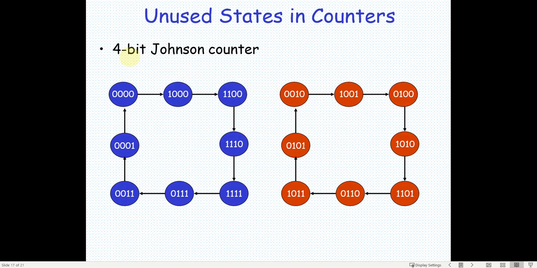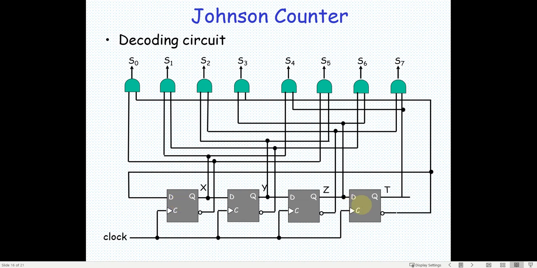We have to be very careful when we are using a Johnson counter, or for that matter any counter. Suppose we have used these states like 0000, then the 1 comes here, then 1 comes here. These are the states which it will keep counting. Say there are 1, 2, 3, 4, 5, 6, 7, 8 states which are used, right? But this is a 4-bit counter, with 4 registers. Actually the possible states are 16.